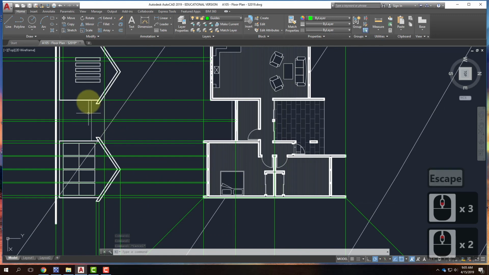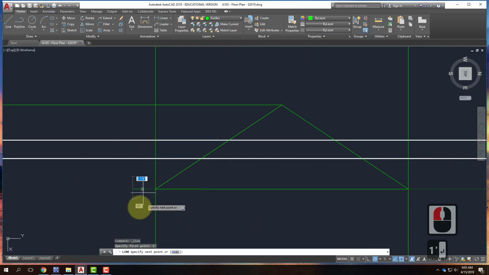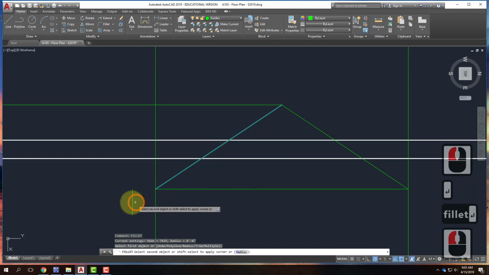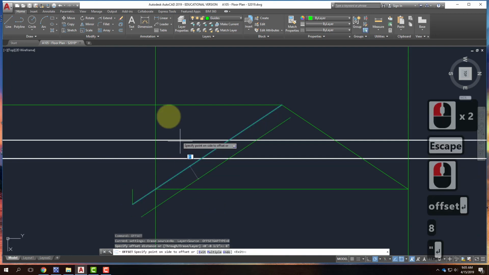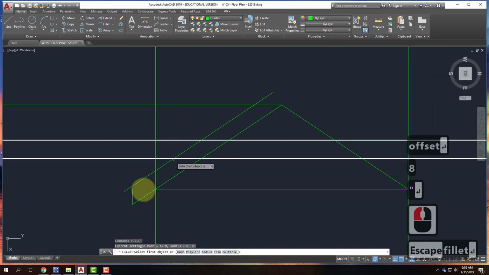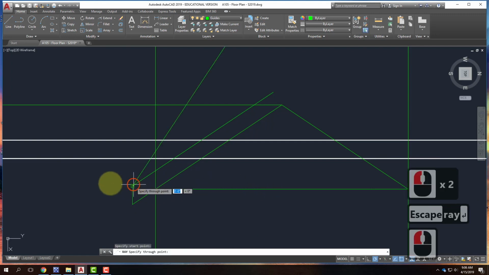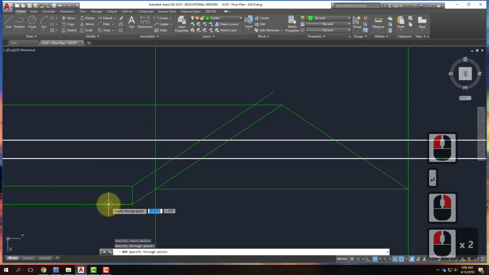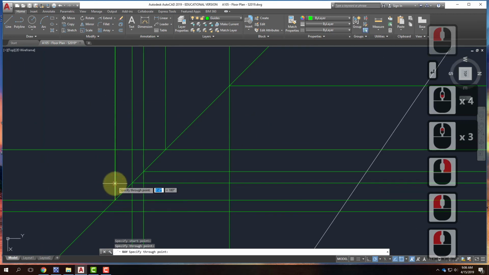I still need to draw the eave at this end. So same thing, I can continue with this and go over by 1 foot and down, fill it, offset, 8 inches, fill it, there, there, ray, from here, there and there. Those come over and meet, there,